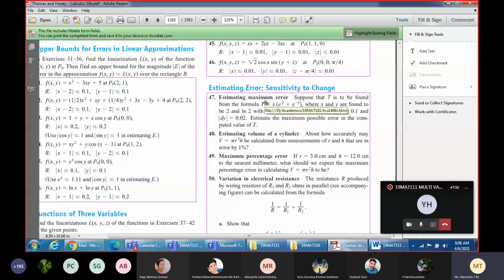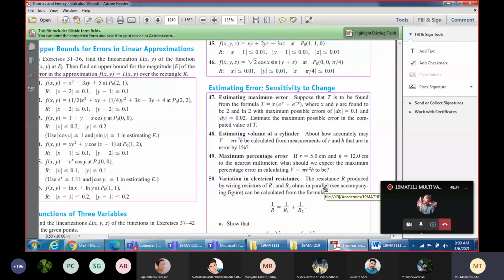What is the dv that you are getting? 0.31. How about other students? Are you also getting dv as 0.31? Yes, ma'am. Look, here instead of dv, it is going to be dt. The total change in the function with respect to whatever changes you find with respect to x and dx. So dt is equal to dou t by dou x into dx plus dou t by dou y into dy. That is the total change in the function t given.